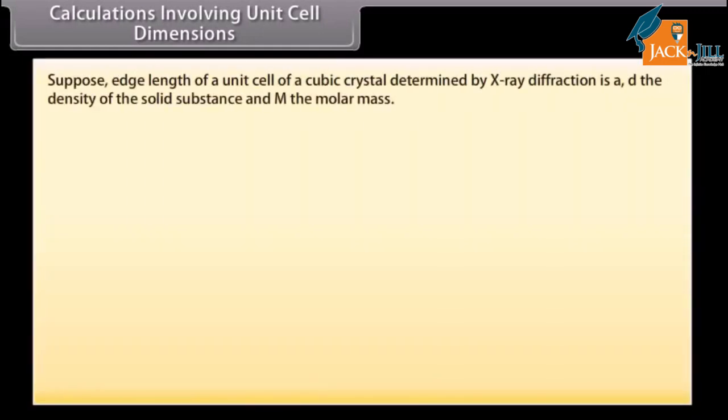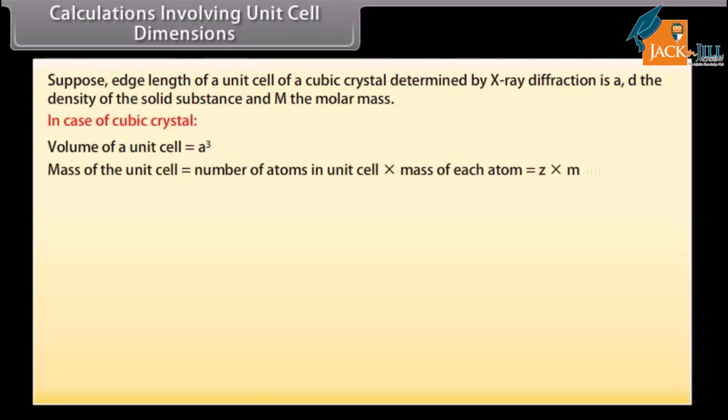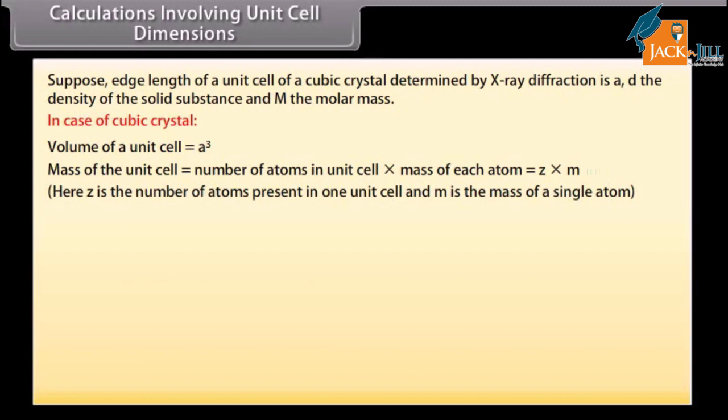Calculations involving unit cell dimensions. Suppose the edge length of a unit cell of a cubic crystal determined by X-ray diffraction is a, d the density of the solid substance, and M the molar mass. In case of a cubic crystal, the volume of a unit cell is equal to a cubed. Mass of the unit cell is equal to the number of atoms in the unit cell times the mass of each atom, which is equal to Z into m. Here, Z is the number of atoms present in one unit cell and m is the mass of a single